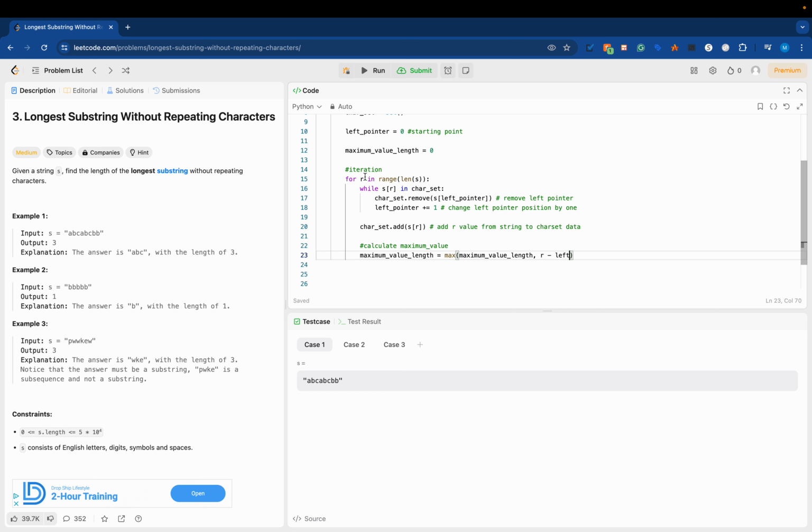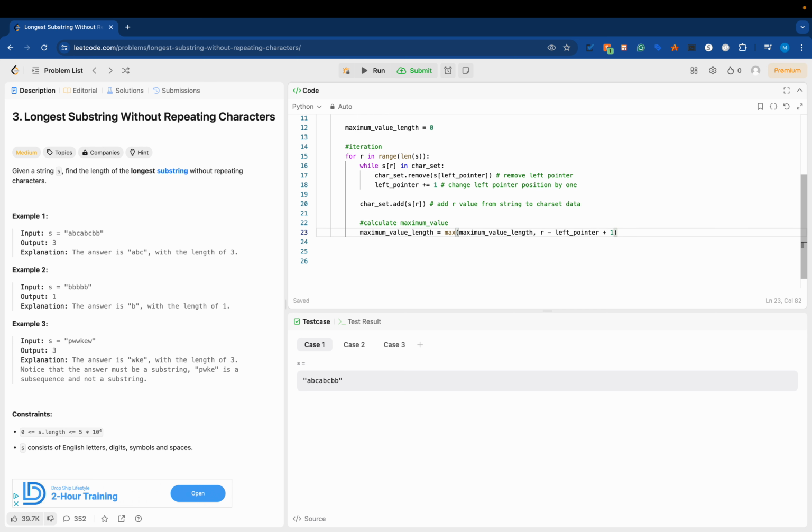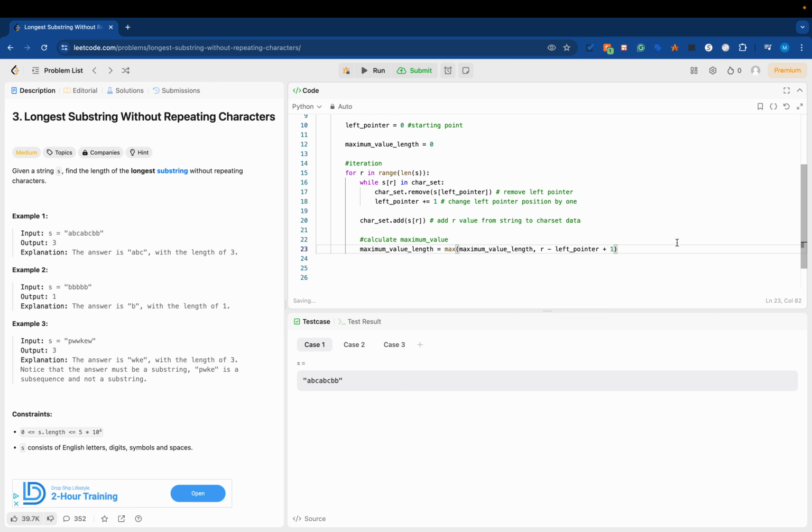Remember, R is our current index that we're on. R minus left pointer plus 1, because we're starting from a 0 index. So return